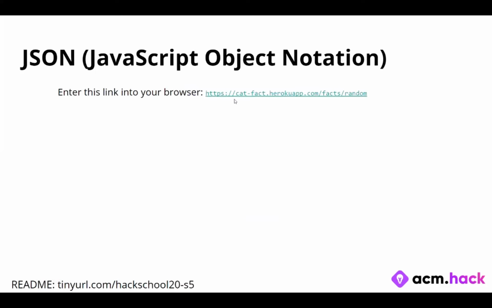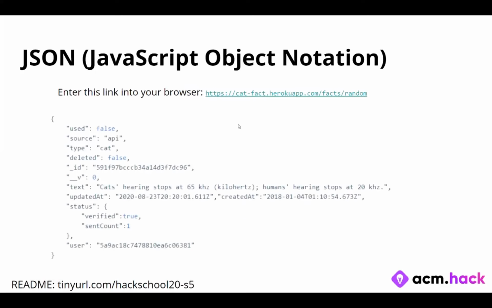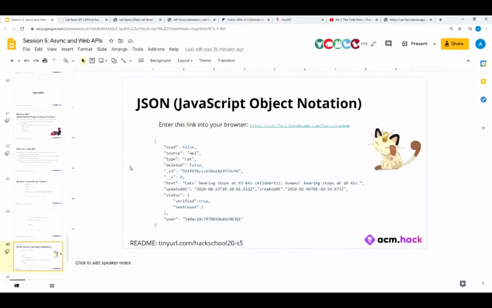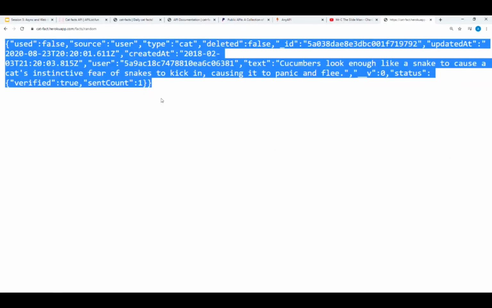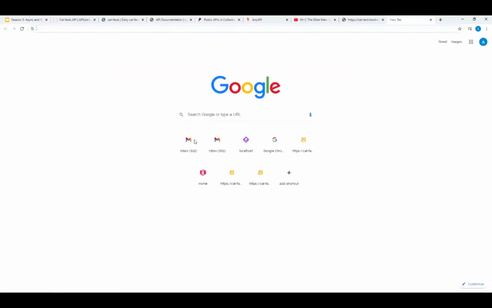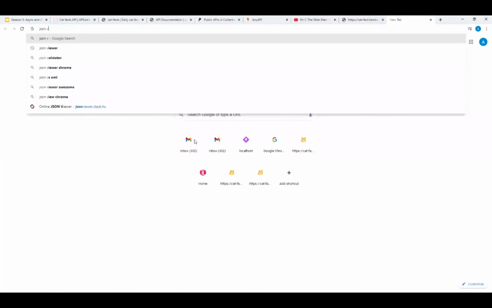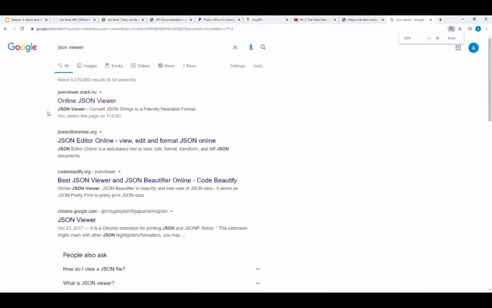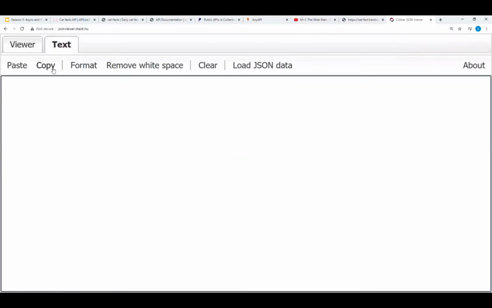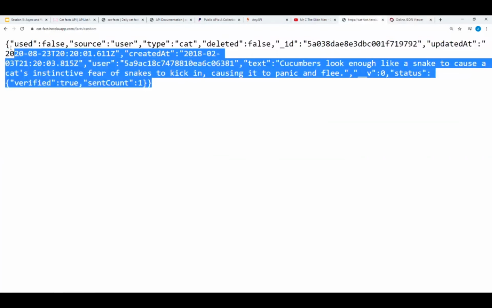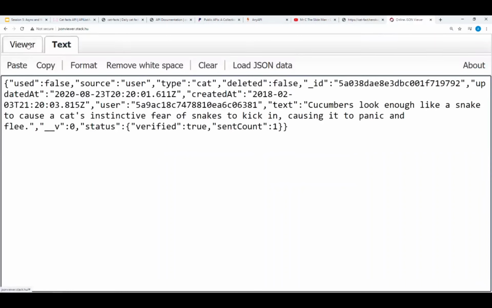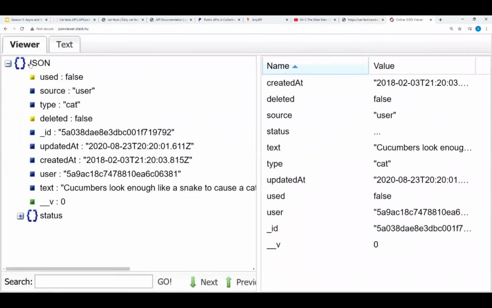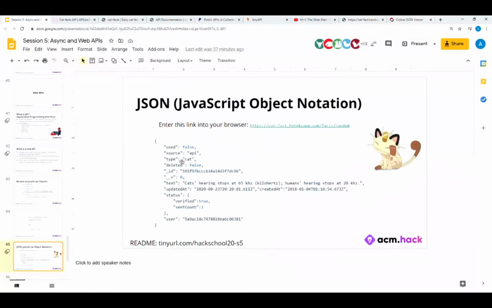JSON objects are different. Remember when we entered this link into our browser, it looked something like this. This actually looks very confusing. This looks really ugly. What is this actually? So what I would like to do is go to something called JSON viewer. If you just search on Google JSON viewer, this is my personal preference. There's a lot of other ways to view this string of text, and you can go on JSON viewer and see that this is broken down for us. And it sort of looks a little like this, right?